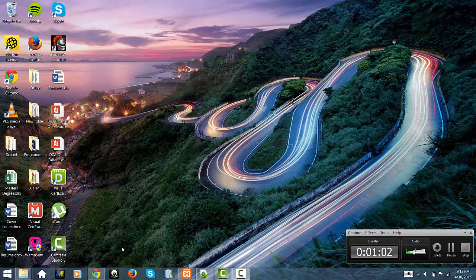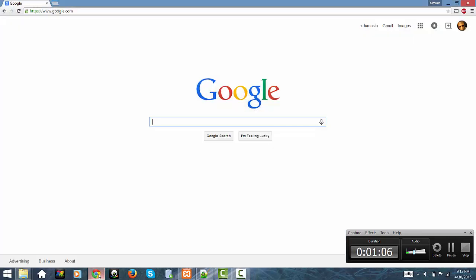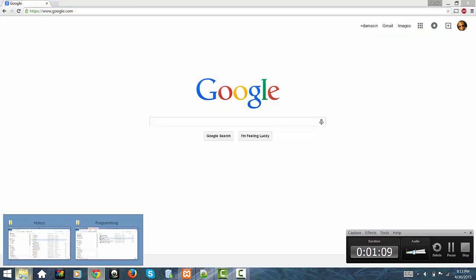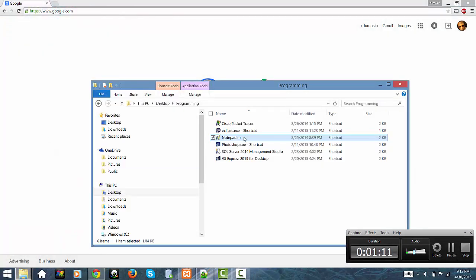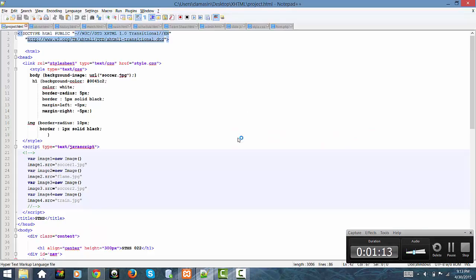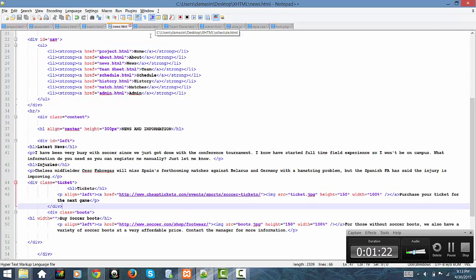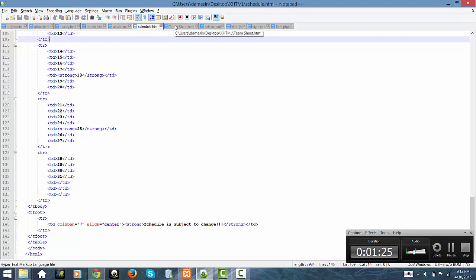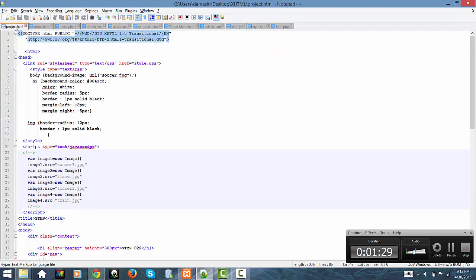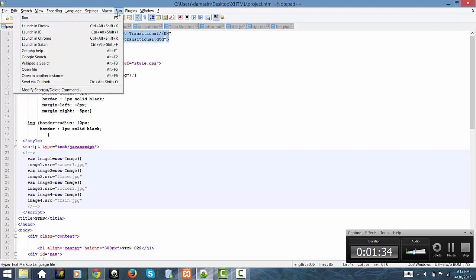Okay, so first, we're going to open our web browser, and I'm using Google Chrome. And the application, I used Notepad for my application, and this is the software right here. This is the code that I used for my web application. I used various languages: HTML, JavaScript, CSS, and PHP. So first, we're going to run this program. We're going to run it in Chrome,